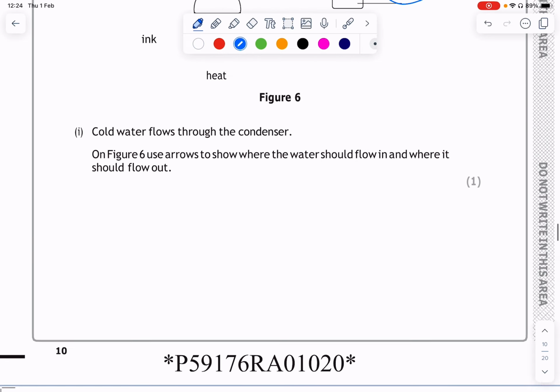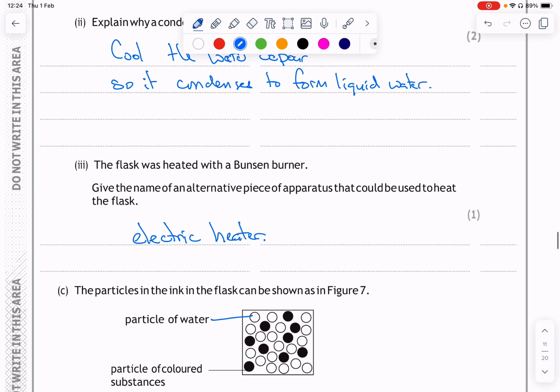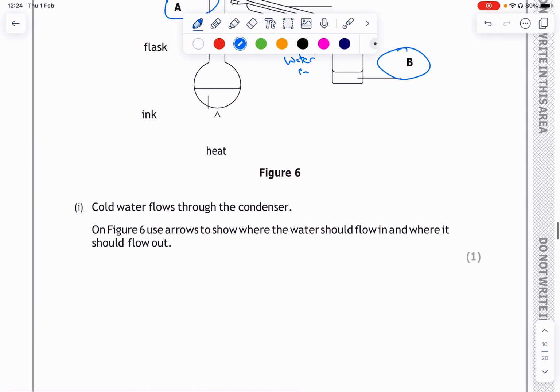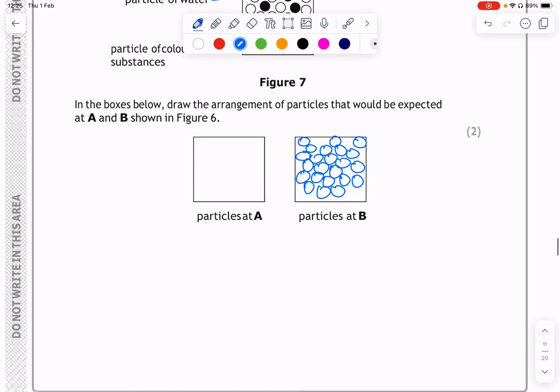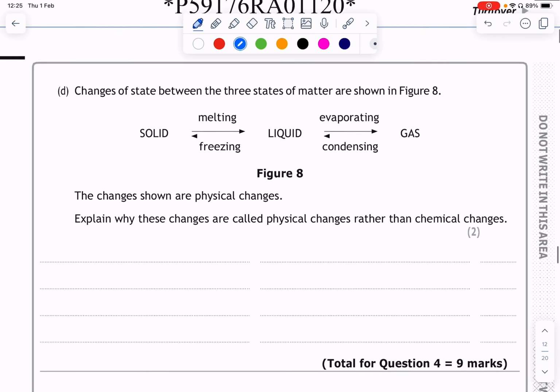And then A is at the beginning. So what we'd have there at the end at A is, again, the water vapor. This time, though, they're going to be more spread out because it's going to be a gas state. So we'd probably have something like that, showing that they are more spread out and none of them are touching. And the final little bit